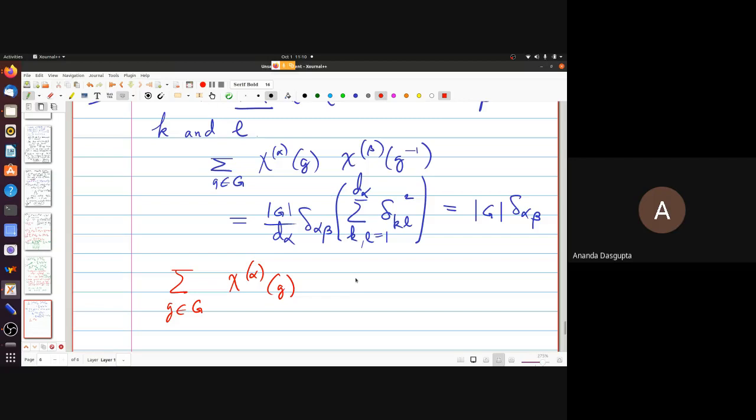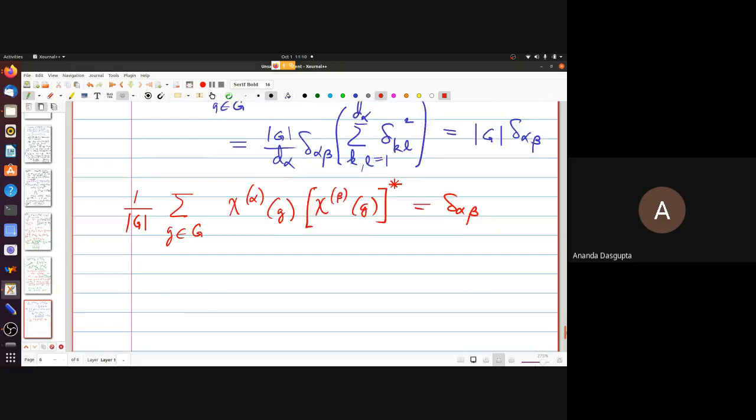Yes? Chi star beta G. This becomes chi beta G conjugate, not G inverse. In fact, the mod G is slightly embarrassing, so why not put it on this side? And then,